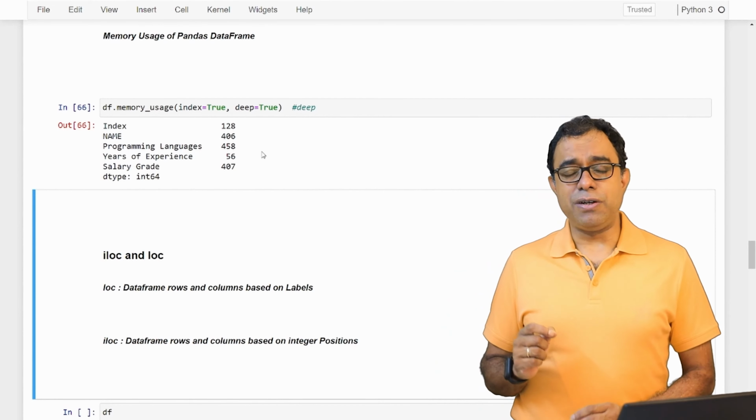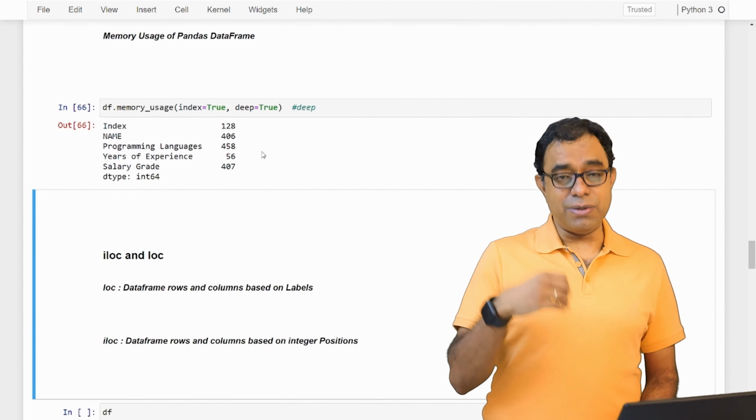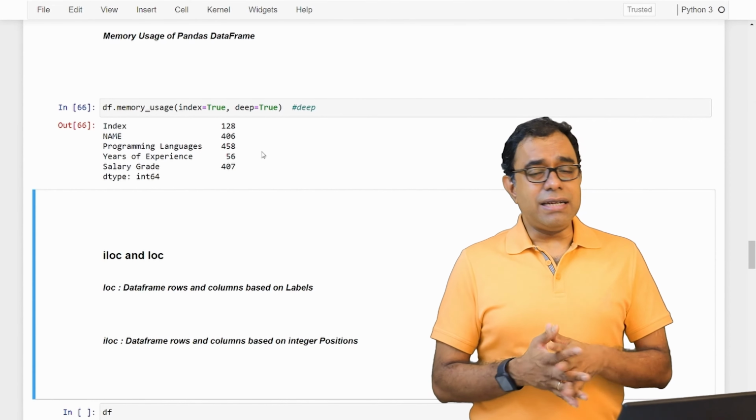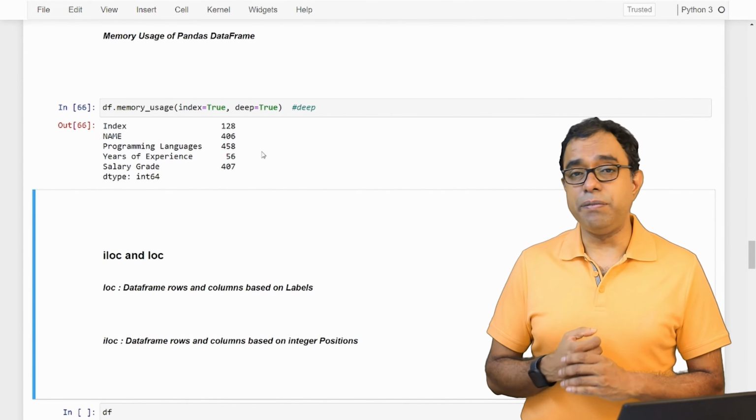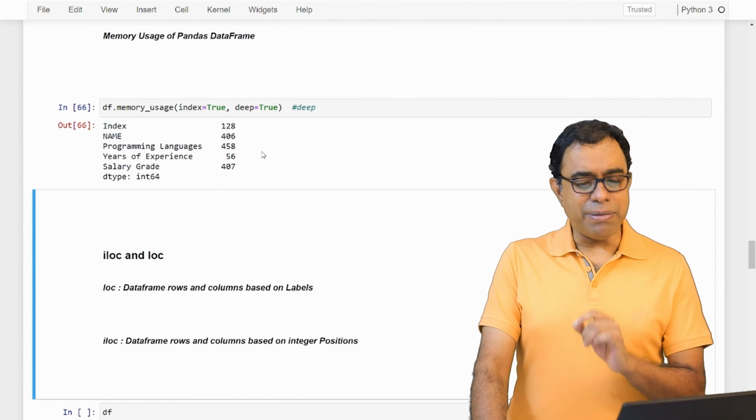So at this moment, till I figure that out and tell all of you, or if I can get some link which explains the behavior of memory usage, I will share that in the description. But till that time, I will ask you to take this as a reference, but it may not be a concrete value. I'm still looking into what the difference is and why the difference comes with process usage, because there are other things that also happen with the process, but it can give you an indication in bytes of how much memory is being used.